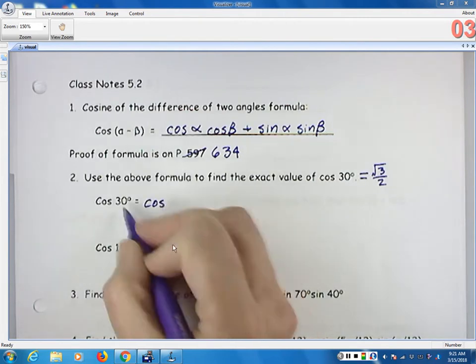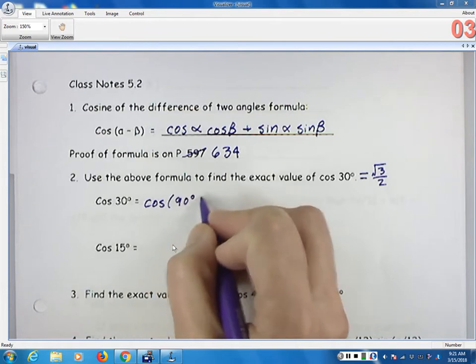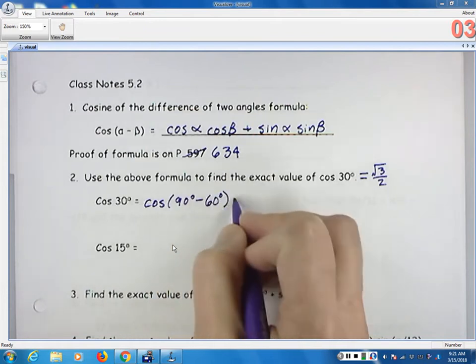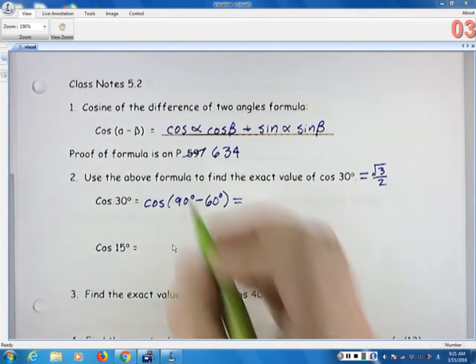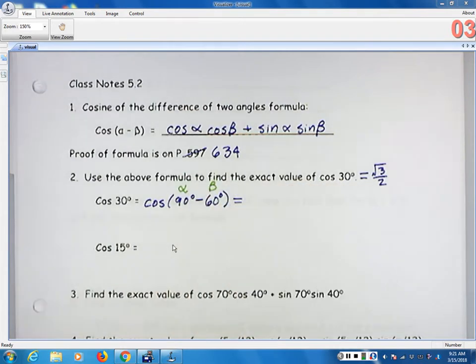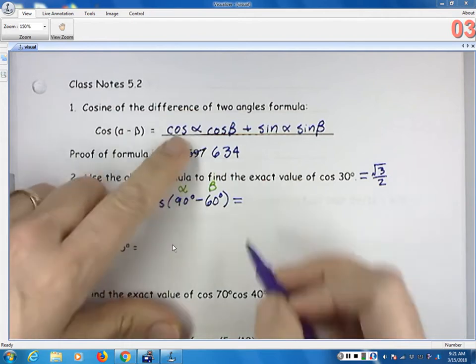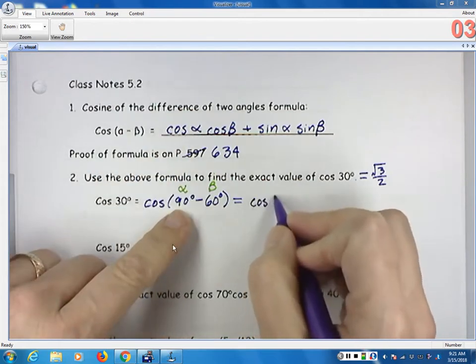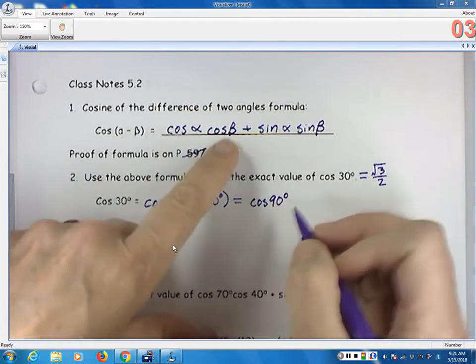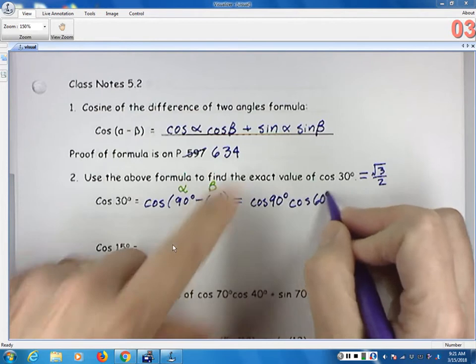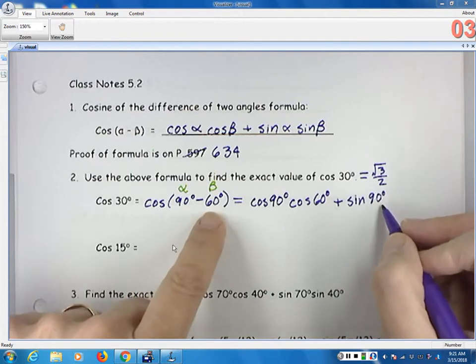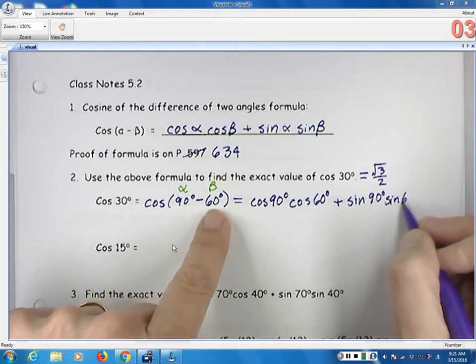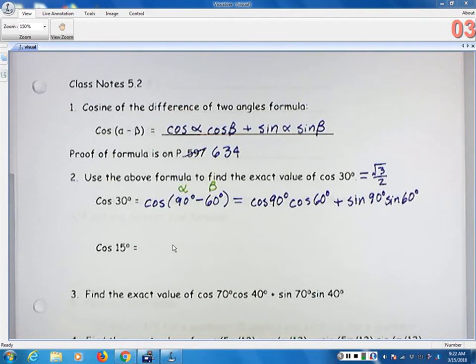If we rewrite 30 as cosine of 90 degrees minus 60 degrees, this is going to be our alpha, and this is our beta. So we're just going to write it down: cosine of 90 degrees, cosine of alpha, cosine of beta, 60, plus sine of alpha, that's 90, sine of beta, 60. Okay. So this is kind of a silly example, but